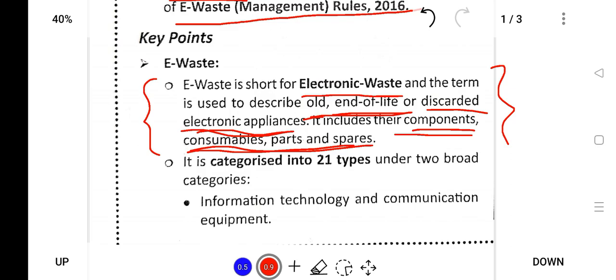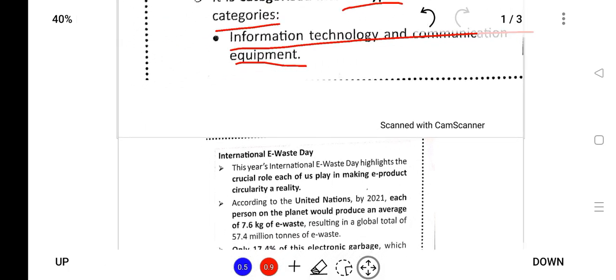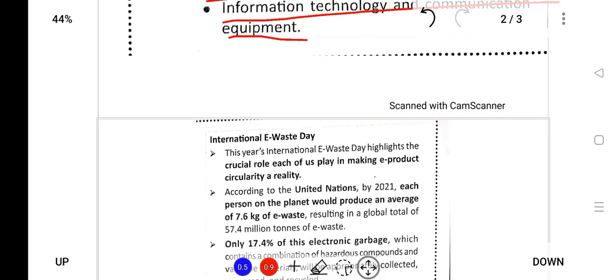And e-waste can be divided into 21 categories, and it is broadly divided into two, that is information technology and communication equipment, that is computers and equipments related to information technology. Next,